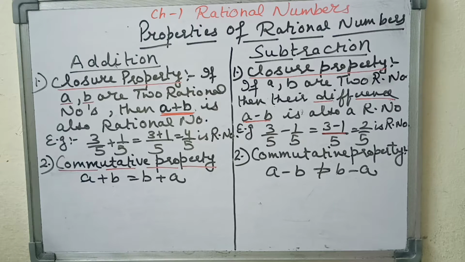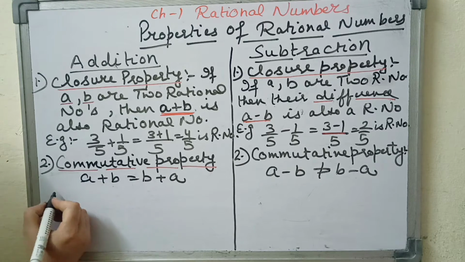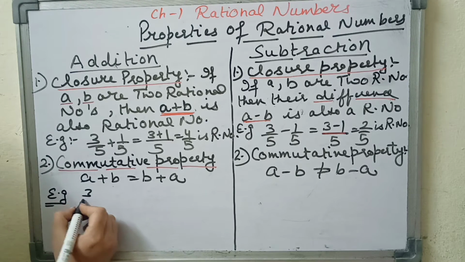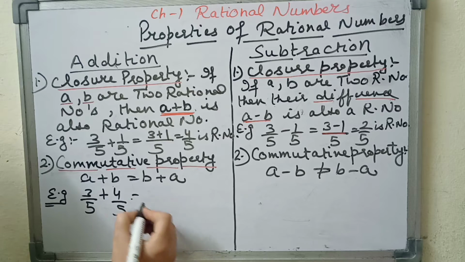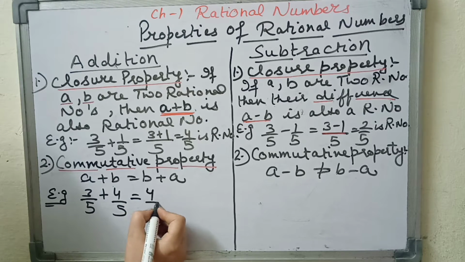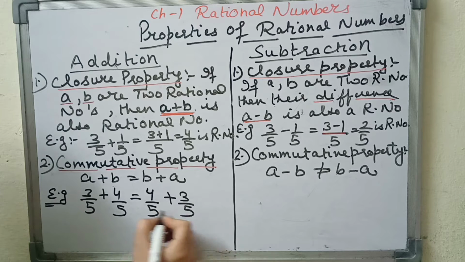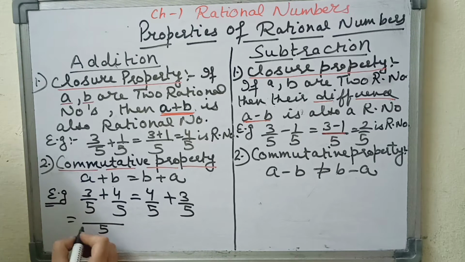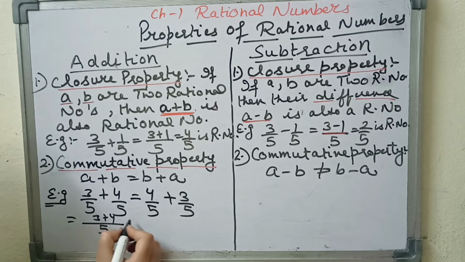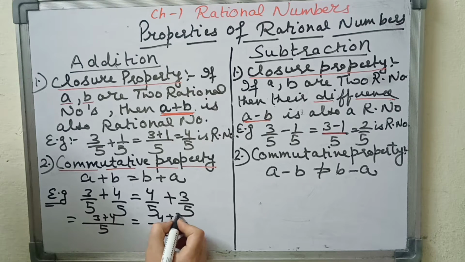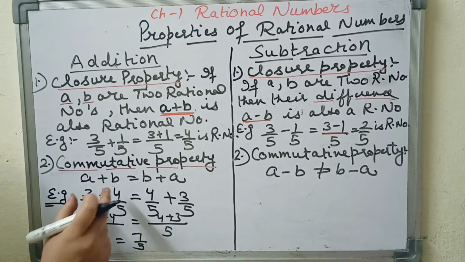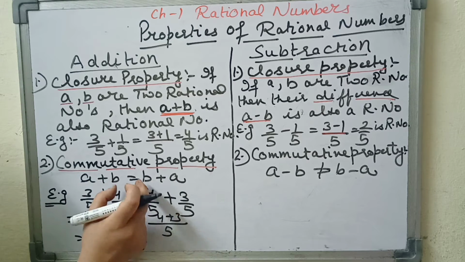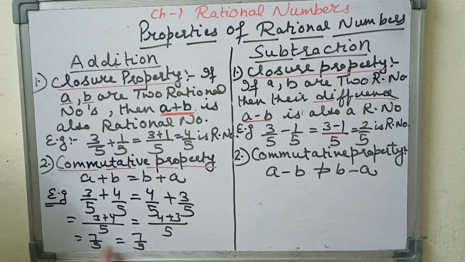Now the next property under addition is the commutative property. In this property, the sum of two rational numbers in any order remains the same. Let us explain it by taking an example. I will take A as 3 over 5 and B as 4 over 5. Now interchange the order: B is 4 over 5 and A is 3 over 5. When I take the LCM, the denominator is the same, so I get 5, 3 plus 4, and again 5, 4 plus 3. That is 7 over 5 and 7 over 5. You see, when I change the order of the two numbers, after addition their sum remains the same.